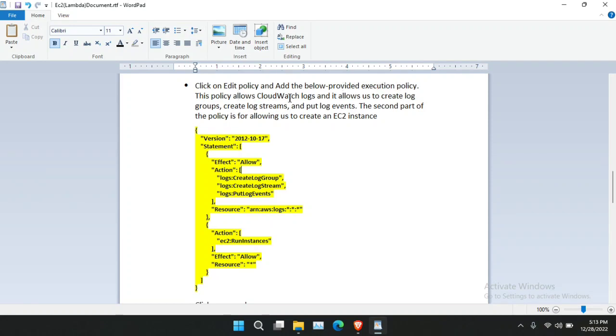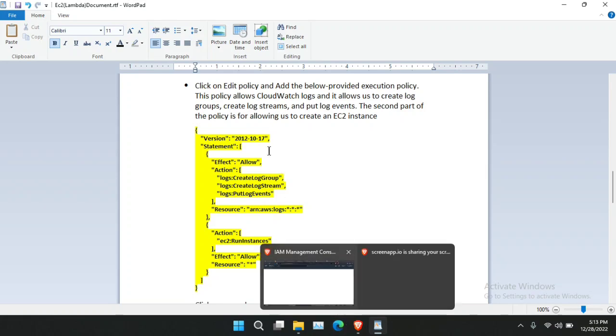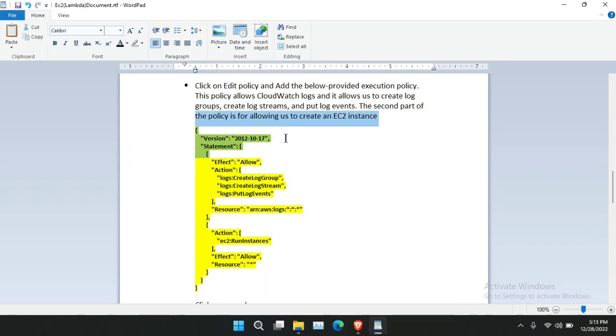This policy allows CloudWatch logs, and it allows us to create log groups, create log streams, and put log events. The second part of the policy is for allowing us to create an EC2 instance. Here you can see this allows us to create an EC2 instance. So I'm just going to copy this policy,